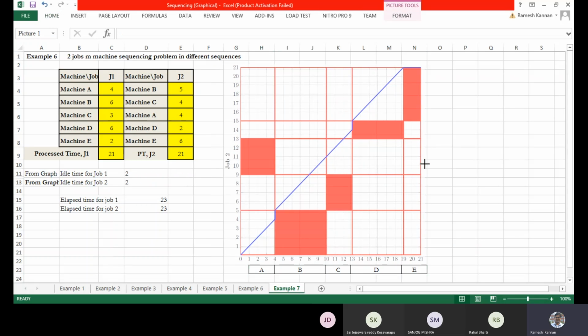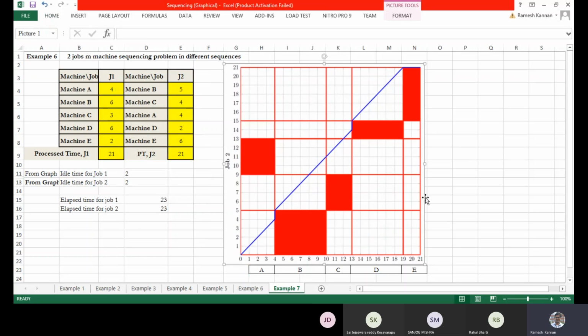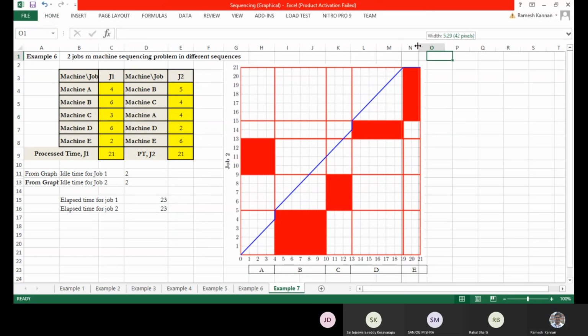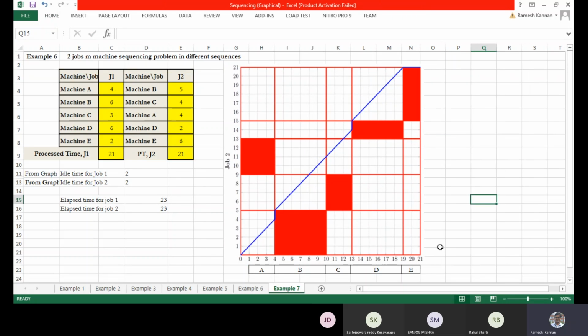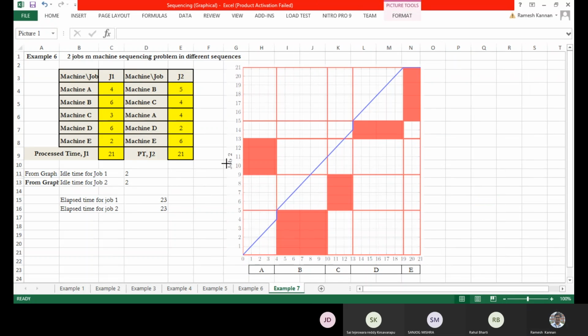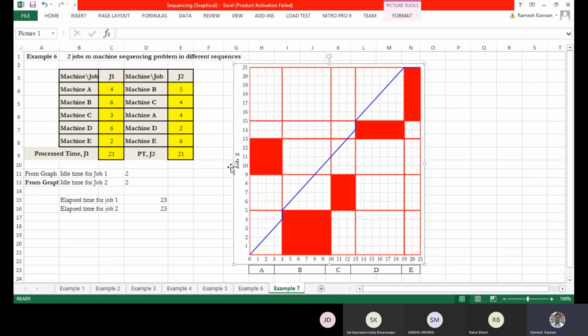I think I can expand. If I expand, it gets moved away. Yeah, here it is. We were able to put that here successfully, and this, yes, correct.